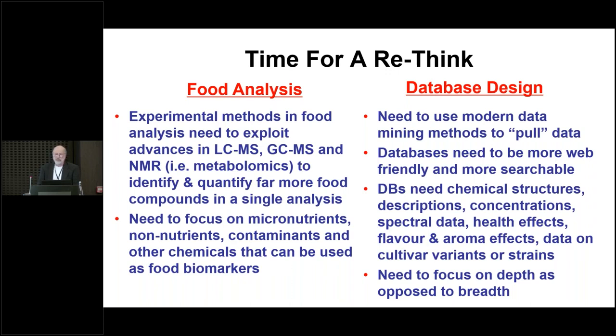is a need to have a bit of a rethink about how we measure foods and how we report that. We should be trying to exploit the advances in liquid chromatography, mass spec, GCMS, NMR, that's metabolomics, which we talked about 2 days ago, to identify and quantify many more components than the just 50 or so that are standardly measured. I think we also need to focus much more on the micronutrients, the non-nutrients, the contaminants, some of which